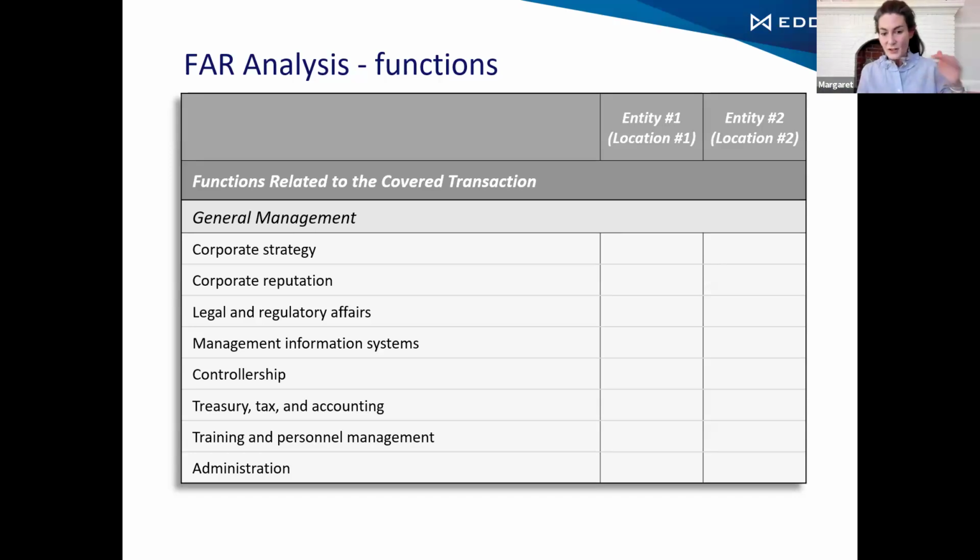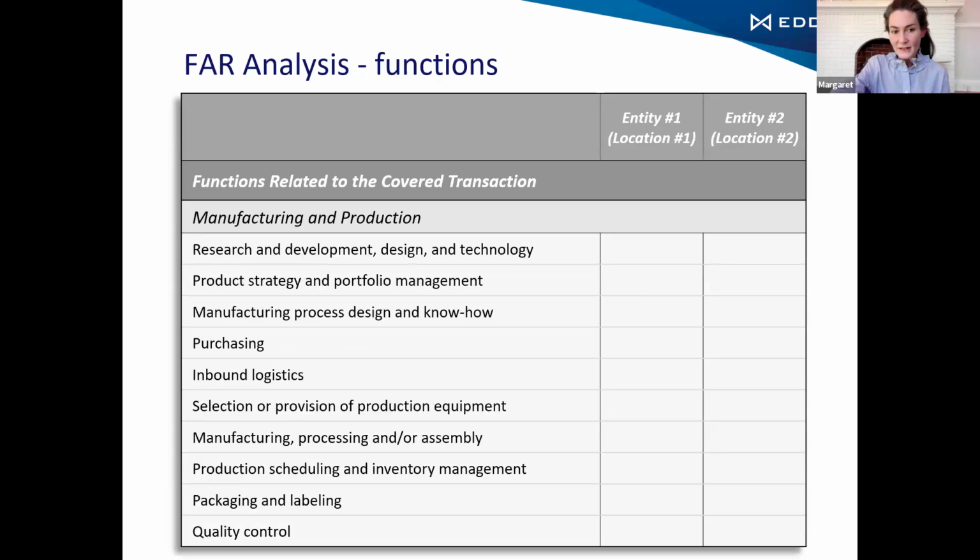is first general management functions, which are these listed here. And I believe you guys have already had a class on functions, risks, and assets, so we won't go through all of these, but just to show you the groups. The first one is general management.